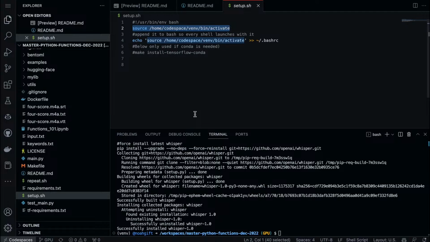And again, these are the standard library tools of Python. There's no other company I need to use, no other third-party software I need to use. This is the standard library of Python. I then echo that inside of my bash RC. What this means is that it will source the virtual environment when the environment sets up. That's it. There's literally nothing to do for Python other than to use this.